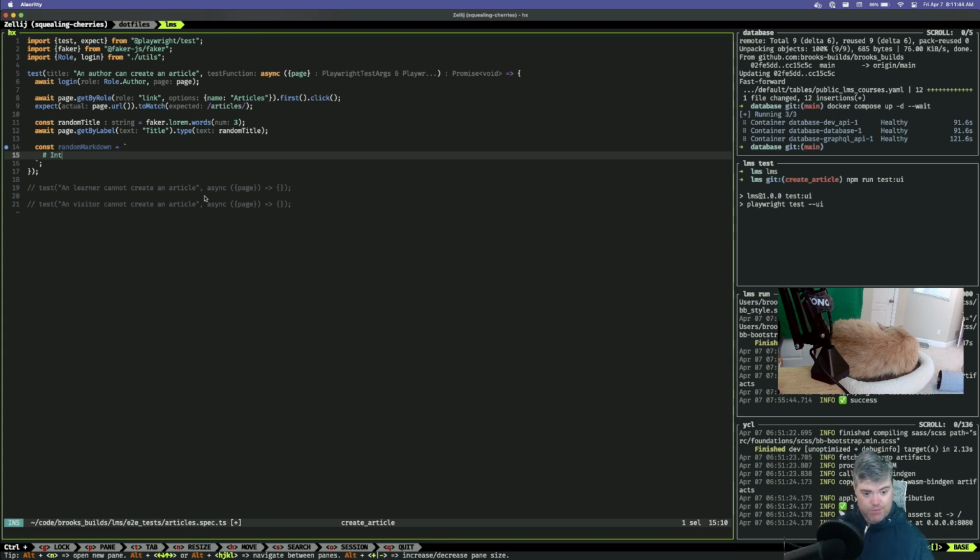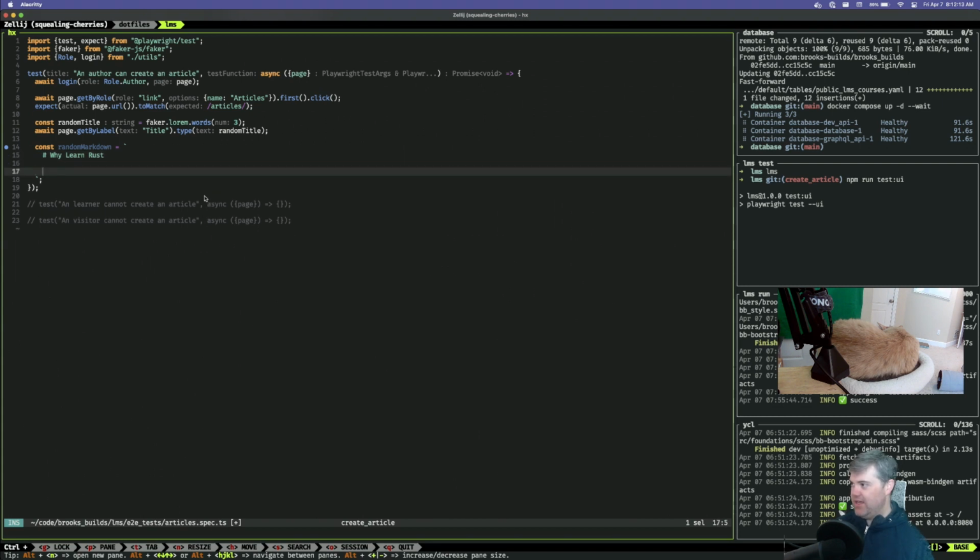We can pretend it's for why use Rust. If I was doing an introduction to Rust programming course, this would be an article: why use Rust, or why learn Rust? And so we come here and write: Rust is